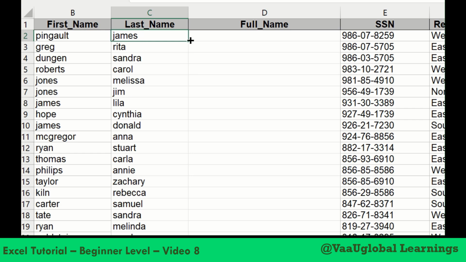So when I join and create one, the result will be in small letters. So I want to write the formula in such a way that my result should come in proper case. So I will use concatenate and proper function together. Let's see how. Start with equal,